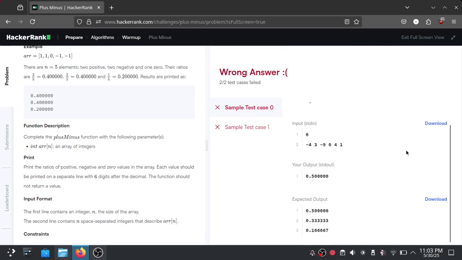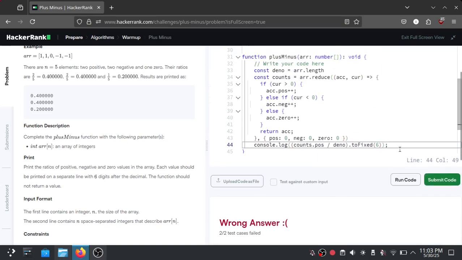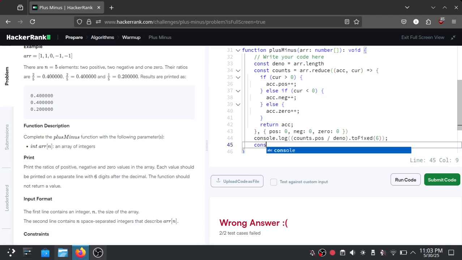So for the positive number, we got that correctly, and then let's write the rest. Const negative, and then just using the same logging.